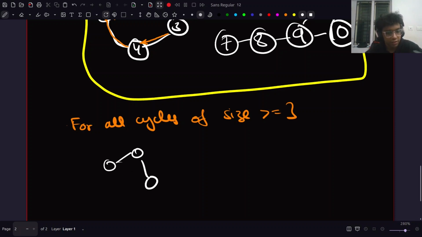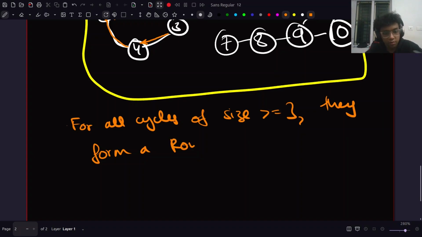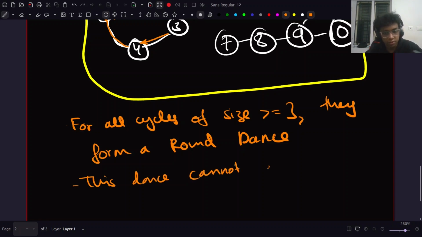But as soon as we have a cycle of size 3 or 4 or bigger, then we know exactly that this guy was this guy's neighbor, and so on. So for all cycles of size greater than or equal to 3, they form a round dance, and this dance cannot be split or merged